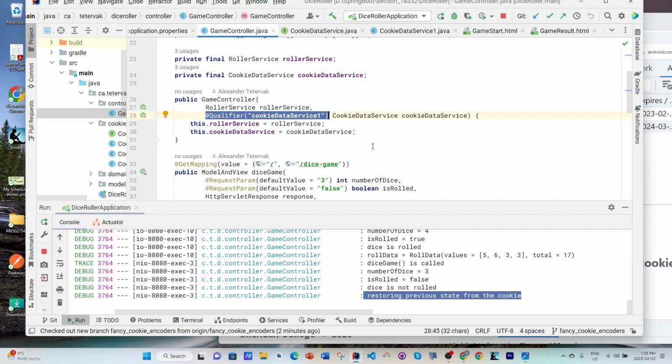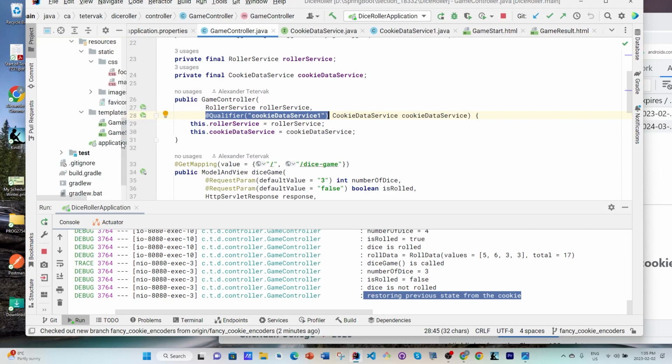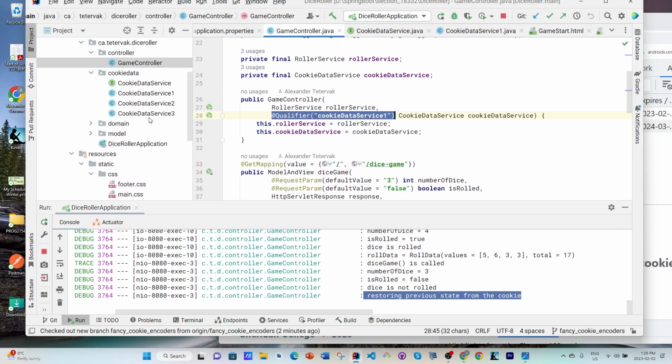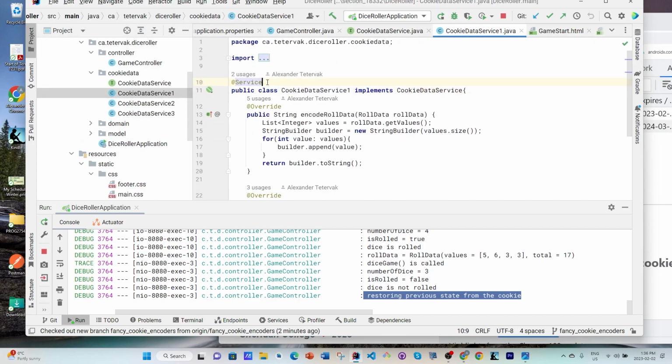Can we override it? Yes. These are just default values that we can override with extra code. For simplicity, I just decided to keep it as it is. Okay. Should I tell you how to override it? Yeah. So let's open one of the implementations. And here it is, service. If we provide a value, my bean, whatever, or my service, it doesn't matter. This would be the qualifier